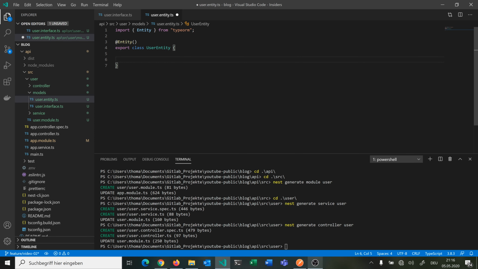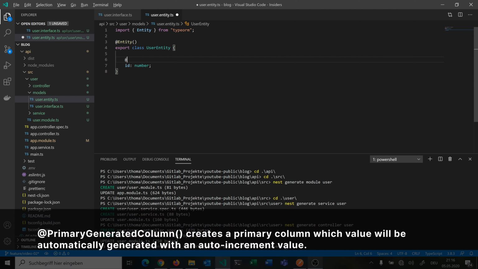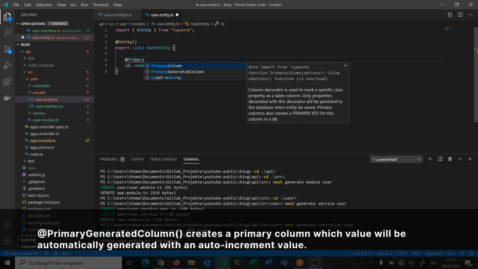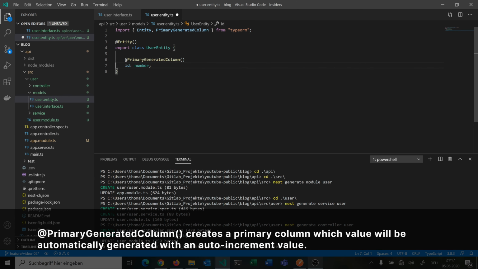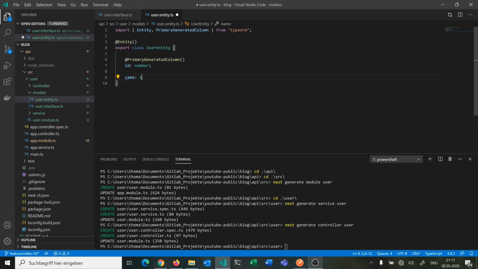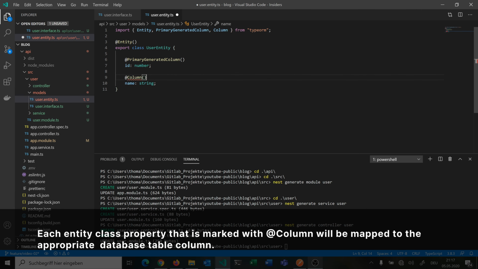And this has the same properties as the user interface, so we do need an ID of a type number, and we can also annotate it with its primary generated column from TypeOrm. We have our name, which is a string, and it is a column. And at last we have a username,